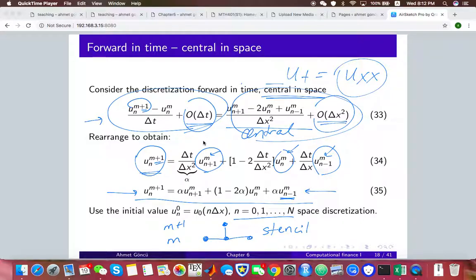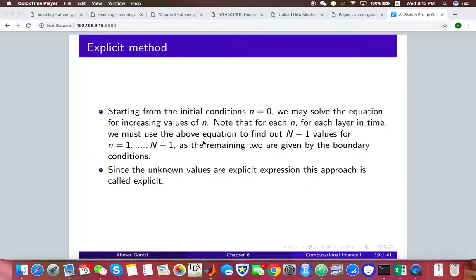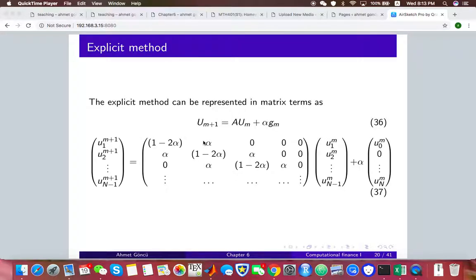And also notice that for different n values, we can write this similar equation many times. And indeed, this can be compactly represented as a system of linear equations. Okay, so this is what we will explain in the next slide. So here you can see I'm now switching to the vector notation. So this is a vector u. All the u values are now put together, starting from, let's say, 1 to N minus 1, and the values at time step m,